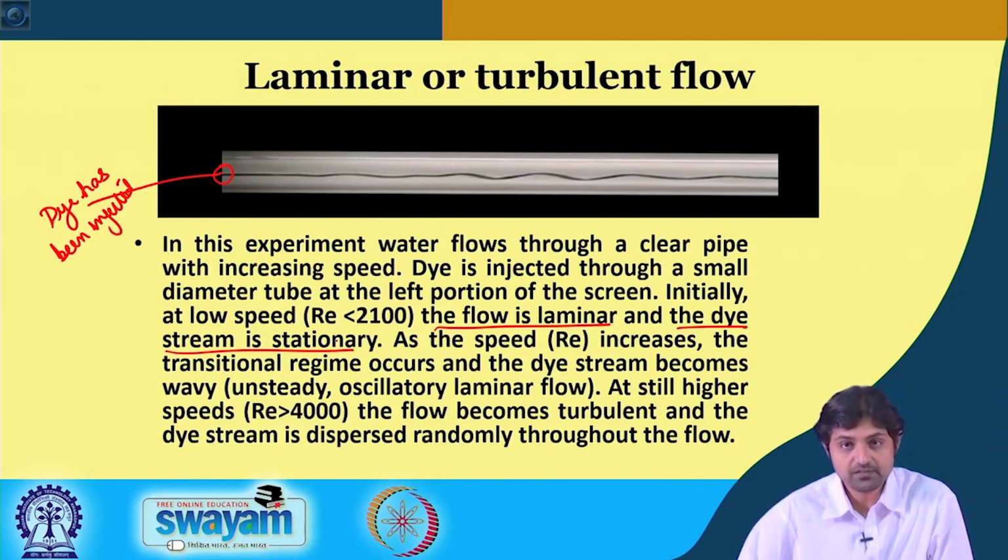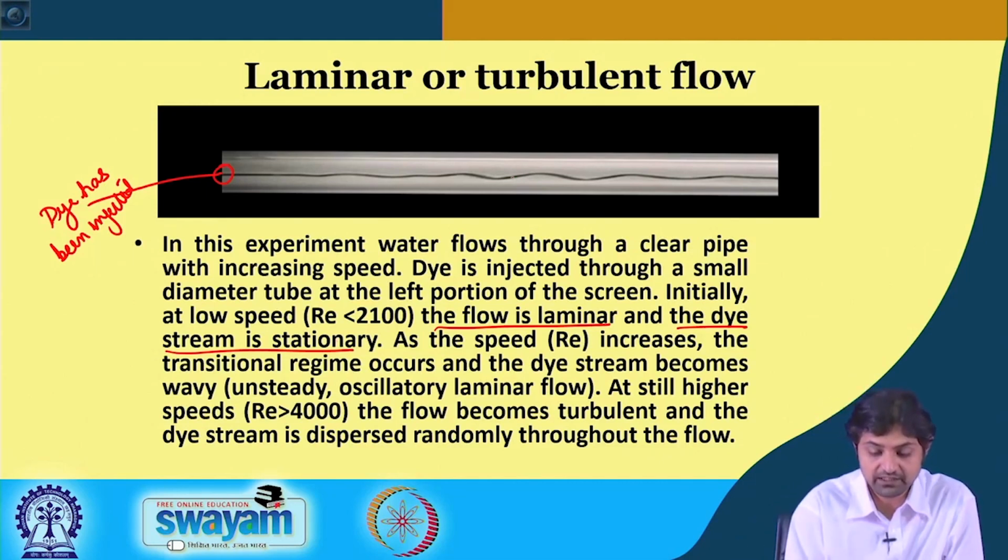Now, as the speed and consecutively the Reynolds number increases, the transitional regime occurs and the dye stream becomes wavy. Okay, it becomes unsteady and oscillatory laminar flow. So, in transition you would see in the video that it becomes wavy, a little bit of something like this,